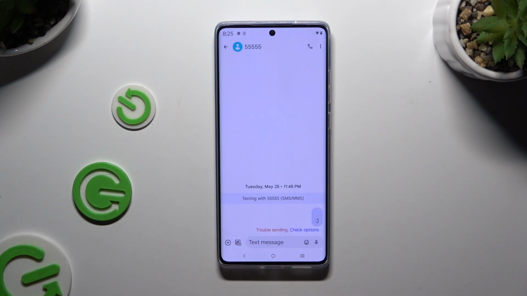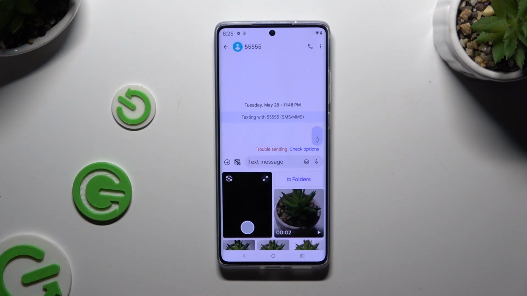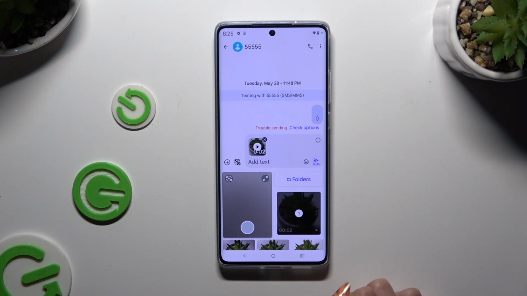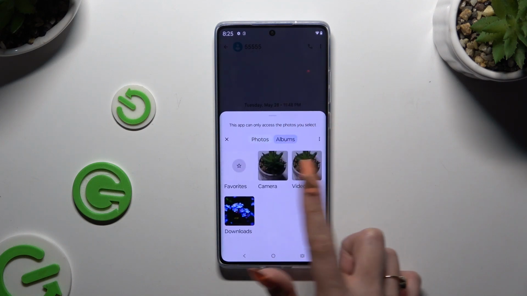Then use this plus at the bottom left corner, and firstly, to add a video file, select Gallery. Now tap on your video right away if it's recent, and if it's not, select Folders, look for it here